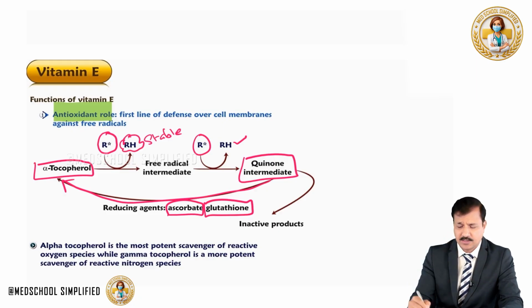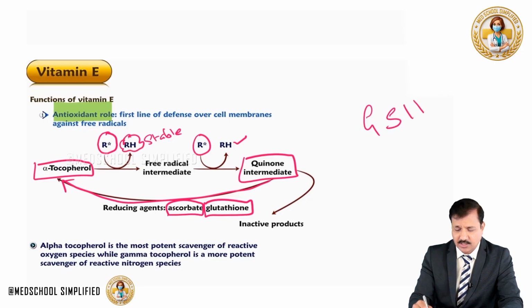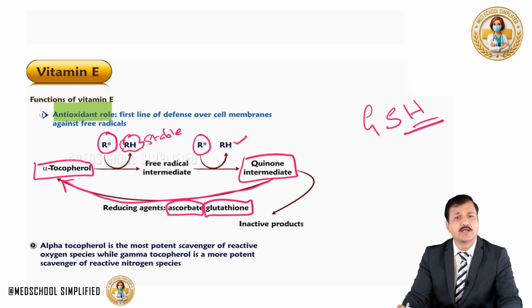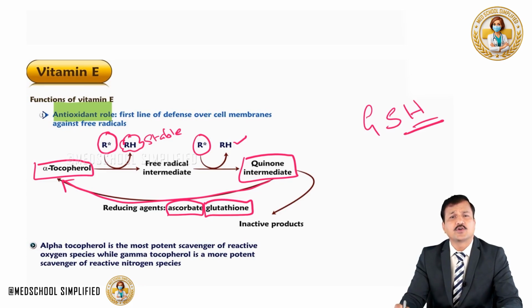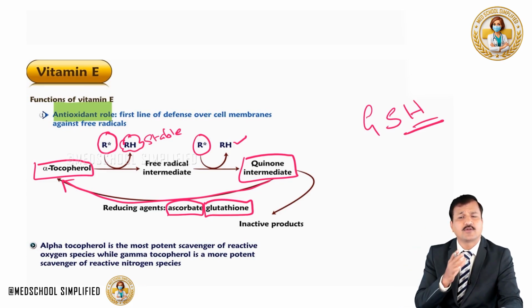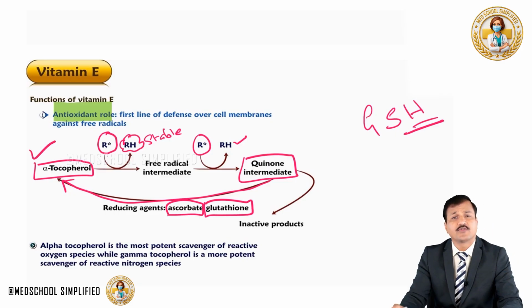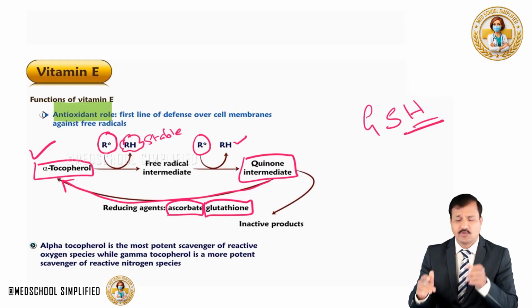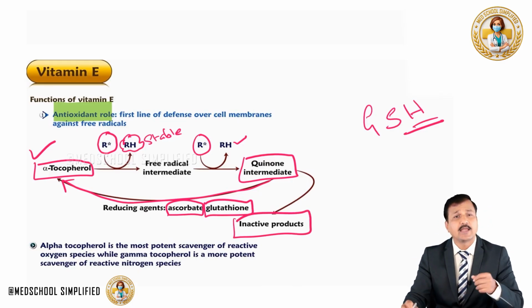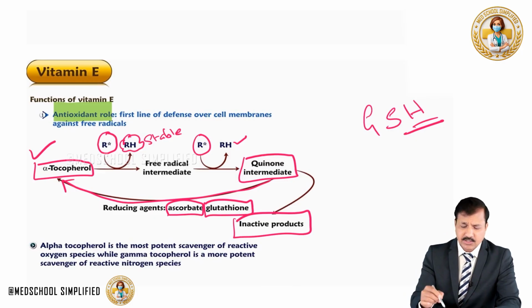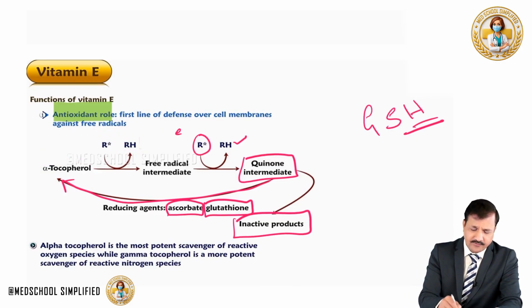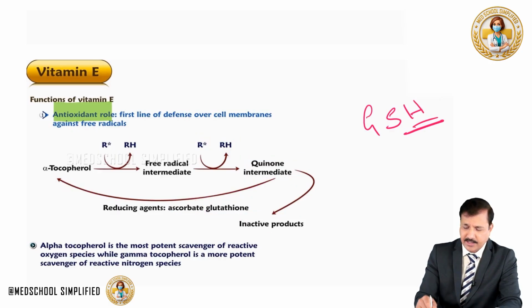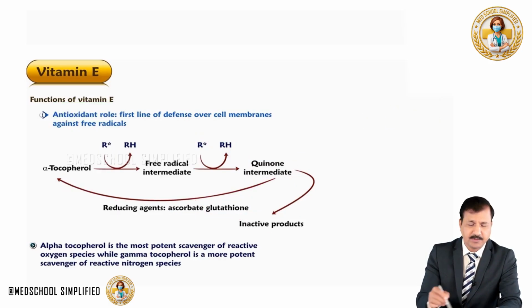protons like the SH group; GSH is the glutathione, and this H can be donated. So like this, the quinone intermediate of tocopherol can be converted back into alpha tocopherol, so that alpha tocopherol levels can be maintained over the cell membrane. Otherwise, if it is not reduced back into alpha tocopherol, the quinone intermediate can simply go into inactive products. Okay, so alpha tocopherol, acting as a membrane antioxidant, is going to protect our cell membrane